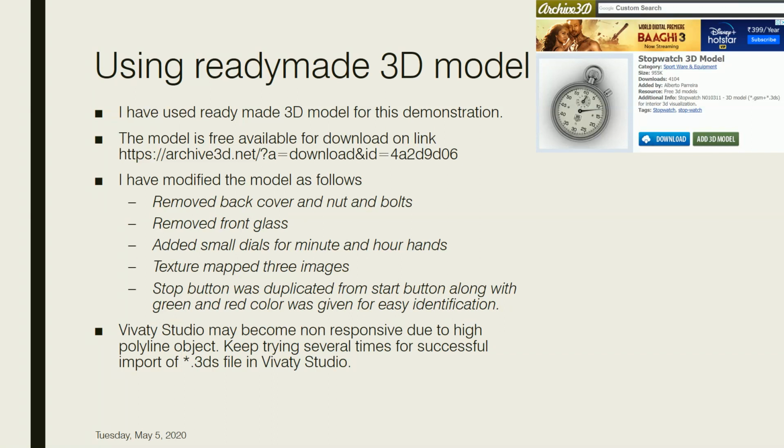So you keep on trying, and after about 4 times, when the system becomes stable, you can import it. Then you quickly save it and delete some unwanted objects like the back cover and front glass, so that the file is less bulky. You can do this.